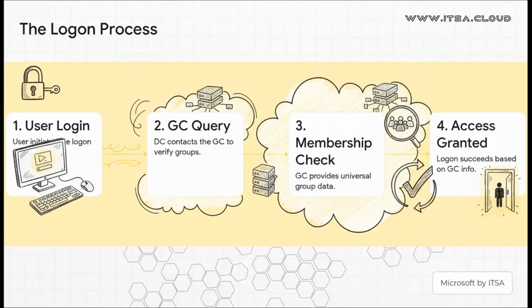But honestly, its most critical job, the one you'd notice immediately if it failed, happens every single morning when you log in. See, your computer has to figure out what company-wide groups or universal groups you belong to. Those groups decide what you can access across the entire network. So your local domain controller shoots a quick question to the Global Catalog, gets an answer back in a flash, and boom, you're in. Without that quick check, logging in would either fail completely or take forever.